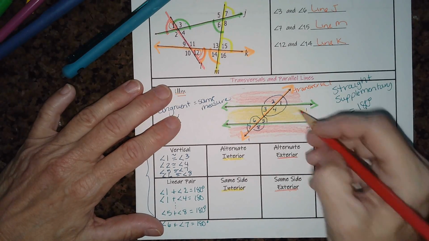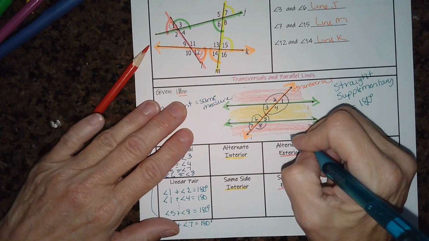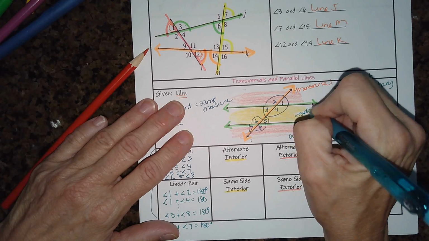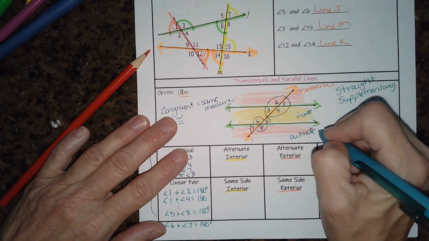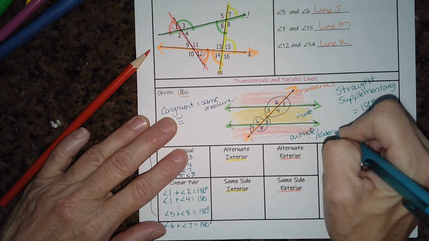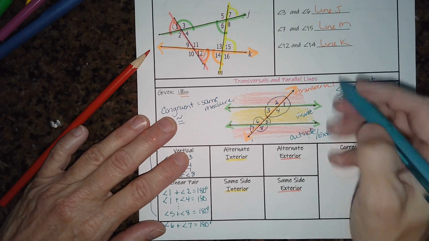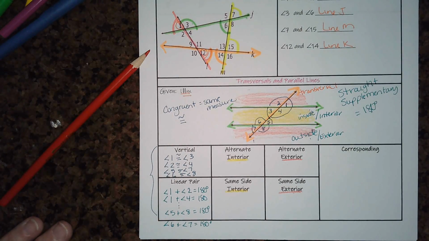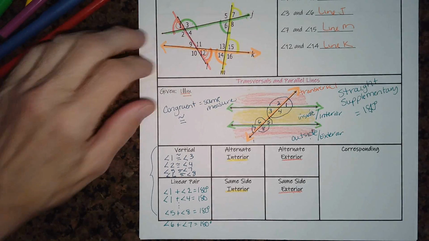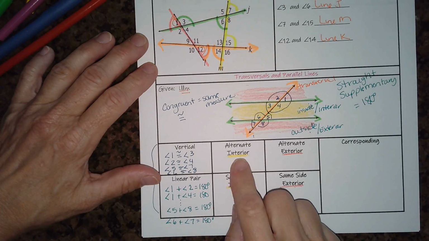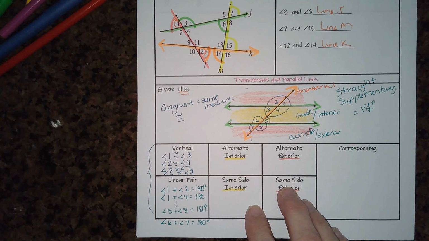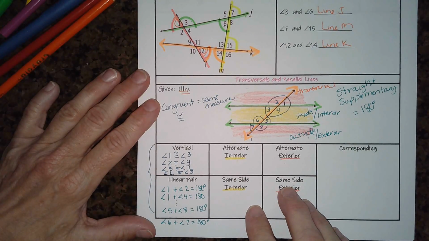Okay, so this is outside, and this is inside. So if it's outside, it's exterior. If it is inside, it is interior. If it is in between or inside the parallel lines, it would be considered interior. So now I want us to look at the relationship between the angles that are considered to be alternate interior angles. So alternate means opposite side